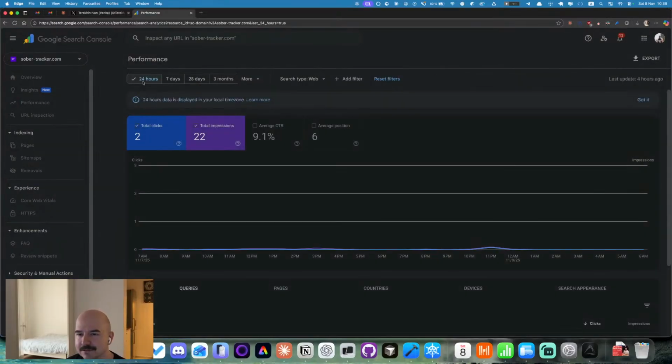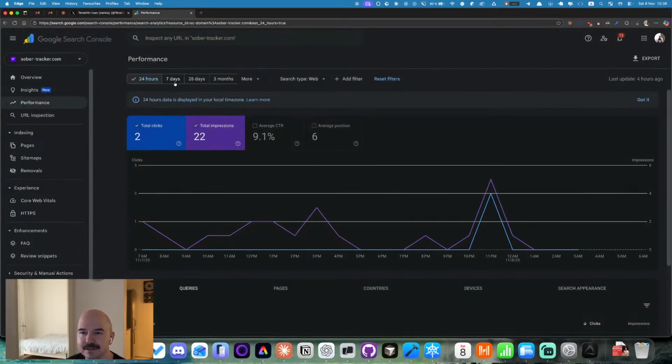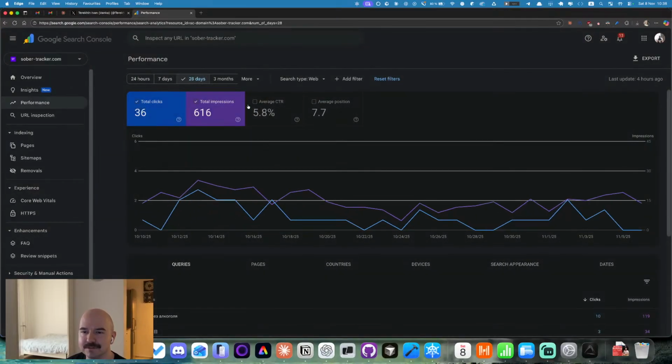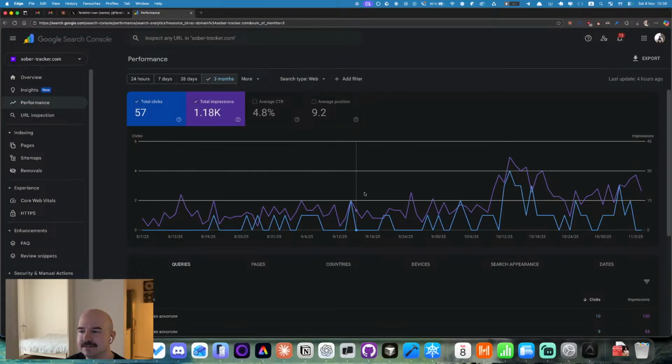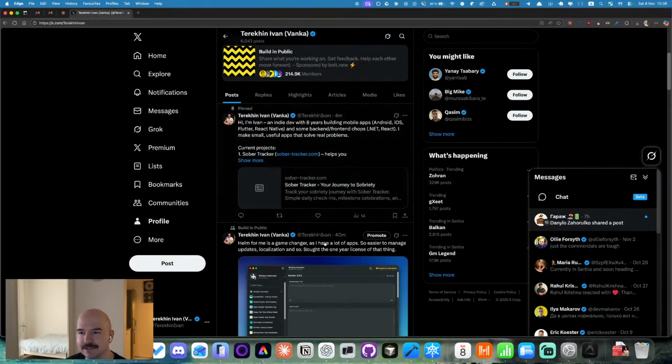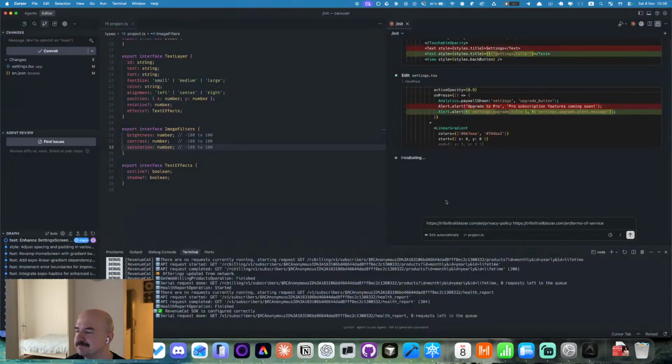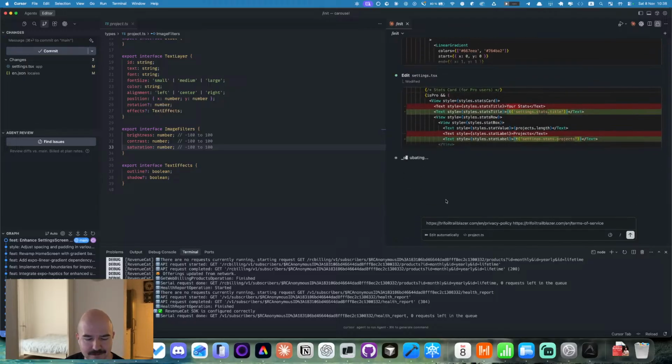Let's check the Super Tracker here, by the way. So I have more clicks, and I have some clicks in the week, more clicks than before. So something is happening, as you can see. It's not the best, but it's working. It's bringing some traffic. And I can share the link to my app in a very easy way. This is mainly why I built the landing page.